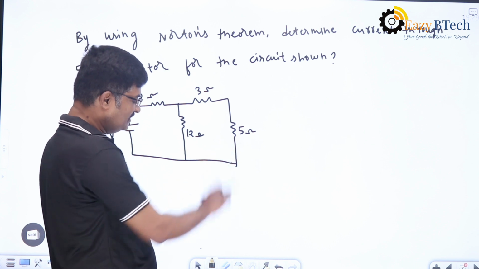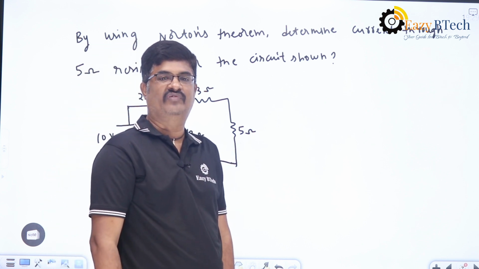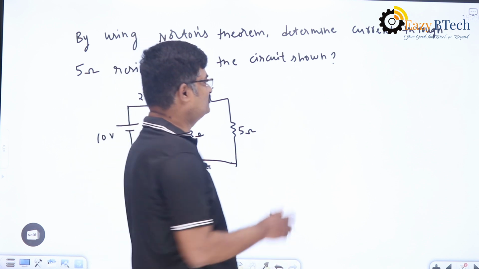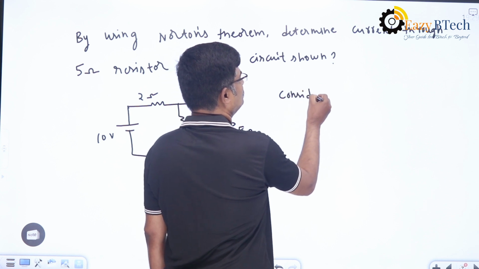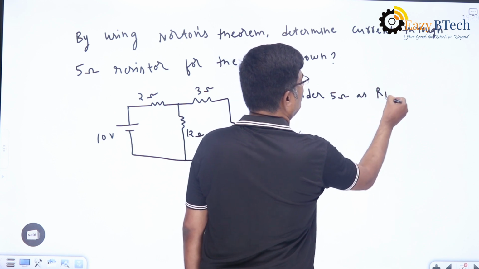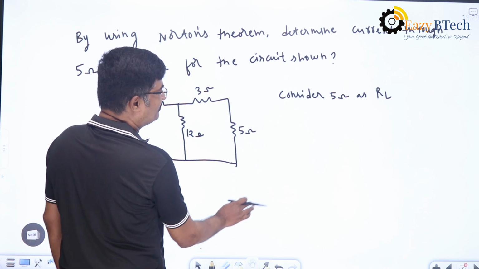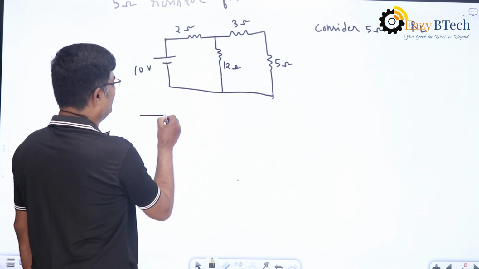Now it is asking to find the current in the 5 ohm resistor. Whichever resistor we are asked to find the current in, I will consider that resistor as the load resistance. So here consider the 5 ohm as RL, the load resistor. Now I have to short circuit my load resistor. So my diagram will be simply